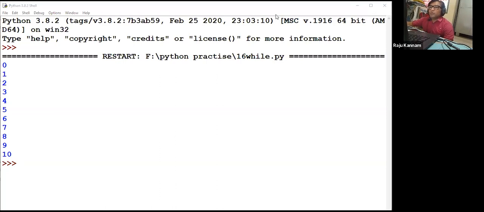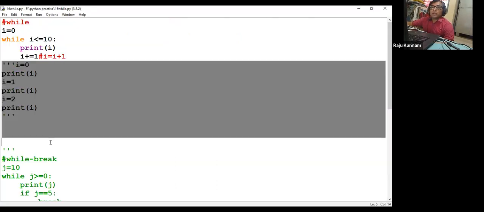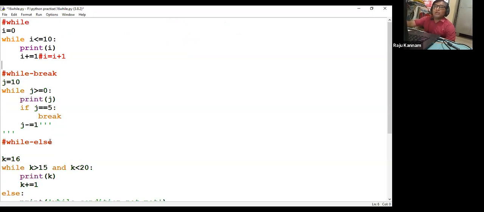Now let us go back to the program. This block we don't require. Now here, this is only a simple while loop. Simple while loop.